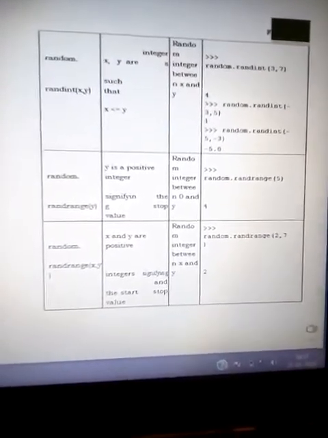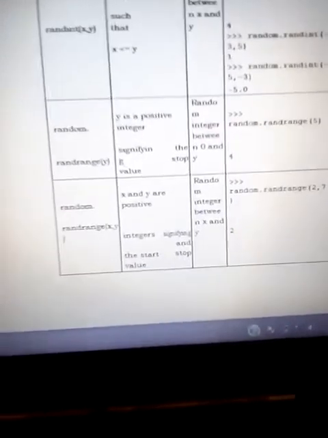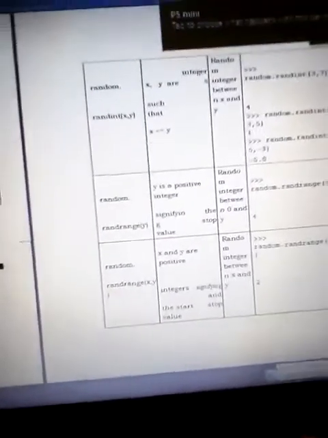Now the next one is random.randrange. Random.randrange is the function used to pass a range. By default it will take the starting value as 0, so 0 to the range that we specify.